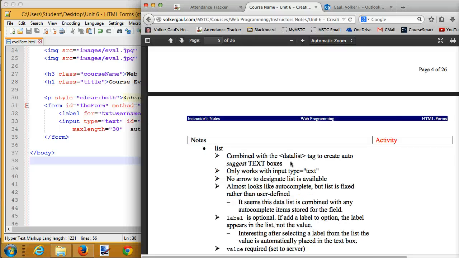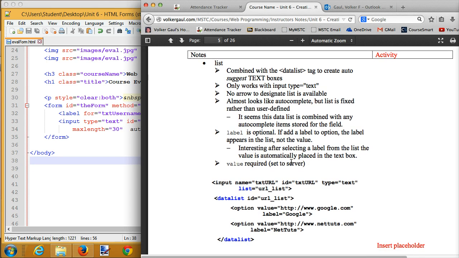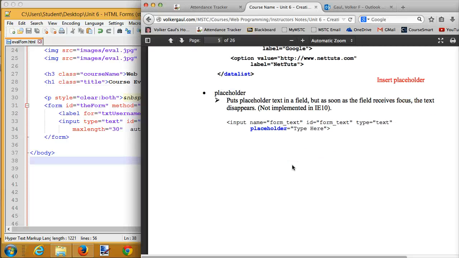No example. You can, if you wish, provide a list of suggestions. So as you type a couple letters, it gives you some hints. I've experimented with this a little bit, but haven't used it a lot. If you're interested, play with it. Finally, there's a placeholder attribute